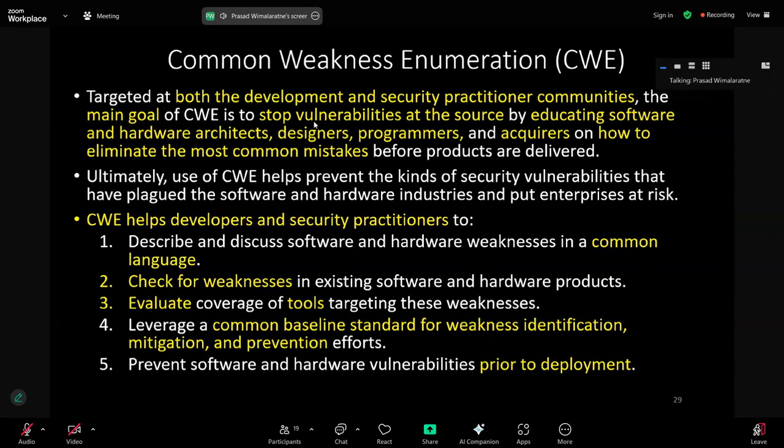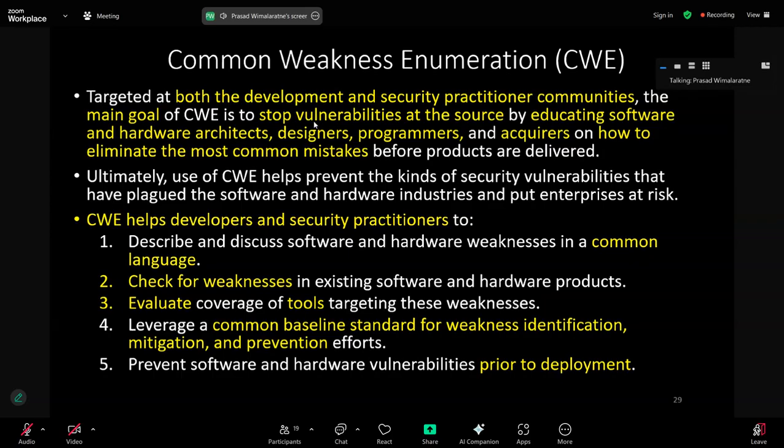So basically, if you look at the problems we face when it comes to security, these are not new. This problem is faced by so many people around the world. So if you know these are the most common mistakes people tend to make before you deliver the products, then we can take precautions. So this CWE will help the development community as well as the security community, practitioners